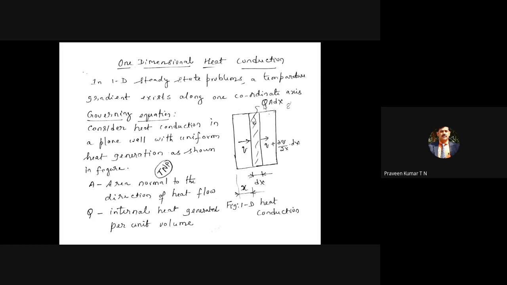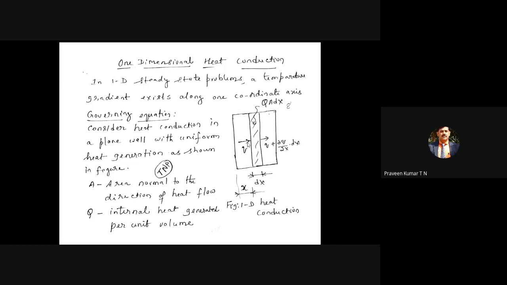Some books refer to it as Q, but I prefer to use Q bar, because Q is referred to as the total heat transfer rate. So in most places I'll put Q bar. Q bar refers to internal heat generated per unit volume. Now at one end of the strip, the heat in is Q. At the other end there is a small difference of heat, that is Q plus del Q by del x. Del Q by del x refers to the rate of change of heat flow per unit distance, but the total distance you are considering is dx.